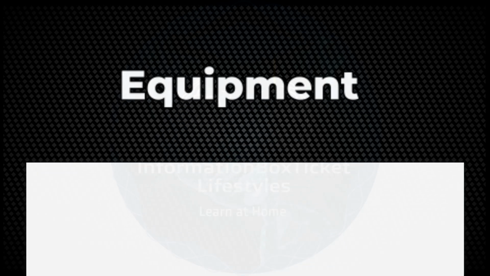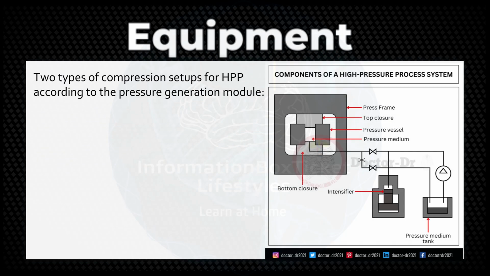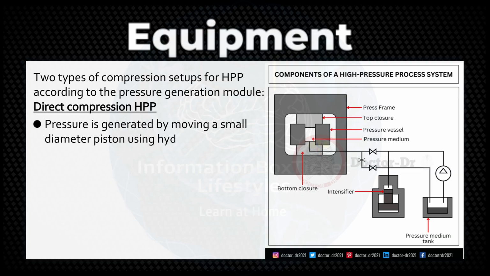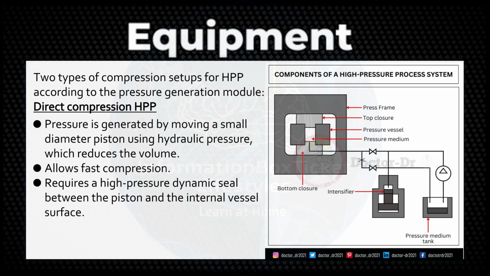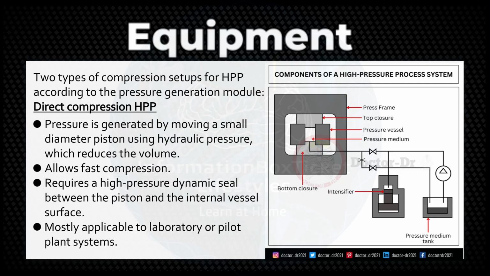Equipment of high-pressure processing. Two types of compression setups for HPP according to the pressure generation module. Direct compression, high-pressure processing. Pressure is generated by moving a small diameter piston using hydraulic pressure, which reduces the volume, allows fast compression, requires a high-pressure dynamic seal between the piston and the internal vessel surface, mostly applicable to laboratory